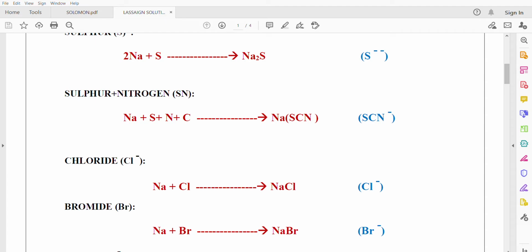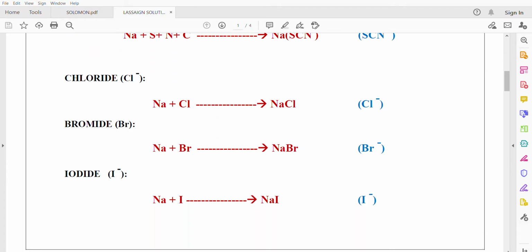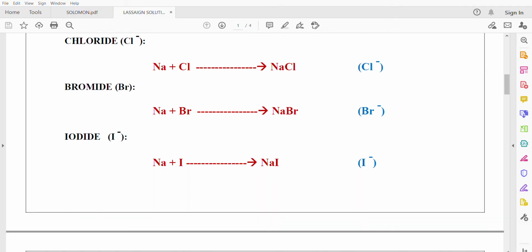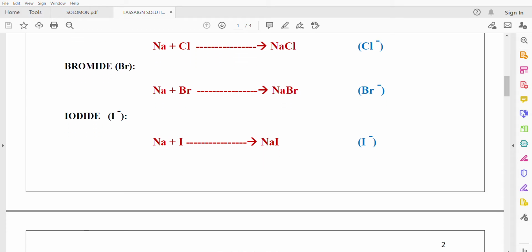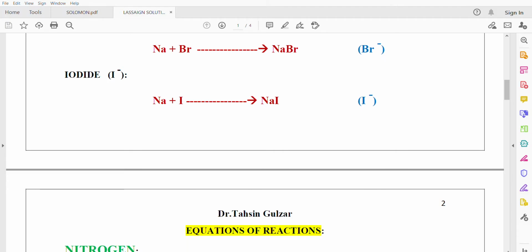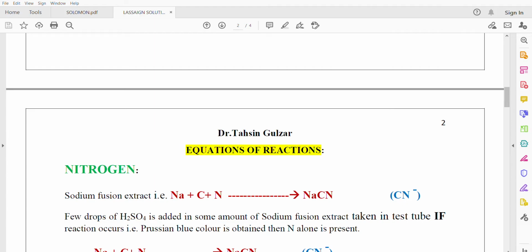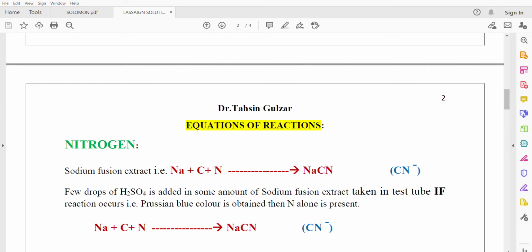And sodium metal, when reacted with chloride, forms sodium chloride. If it is reacted with bromide, sodium bromide is formed, and when it is reacted with iodide, sodium iodide is formed. So I have given you equations. You have to write them in your practical notebook